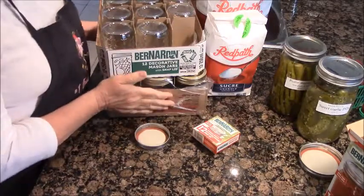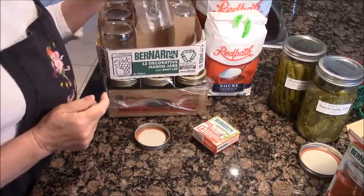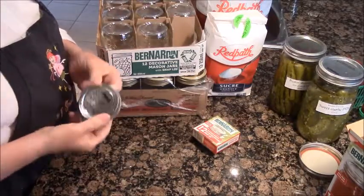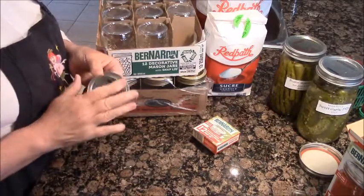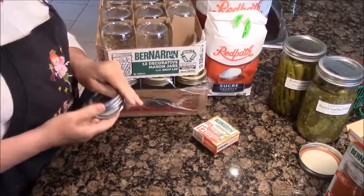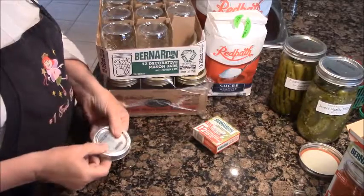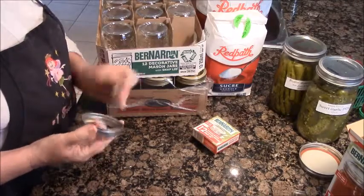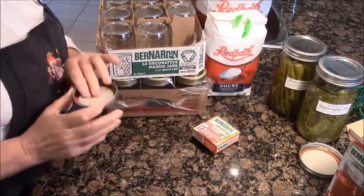So when you buy a new case of jars, they come with lids and rings. When you're reusing your old faithfuls year after year, you're going to need to replace the rings for sure. Absolutely, for sure. Oftentimes, not often, every now and then, you'll come across lids that have rusted in the fridge or have dented while you're opening them, and you can't use a rusted or dented ring to seal the jar. It won't catch the rubber all the way around and seal it as it should properly be sealed, and then bacteria could grow in your food. So you've got to have perfectly new lids and perfect condition rings in order to ensure the best seal possible